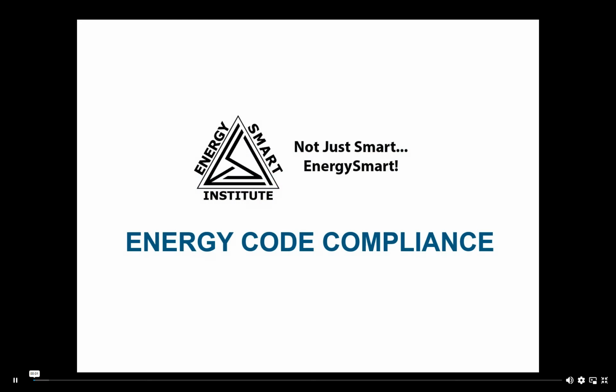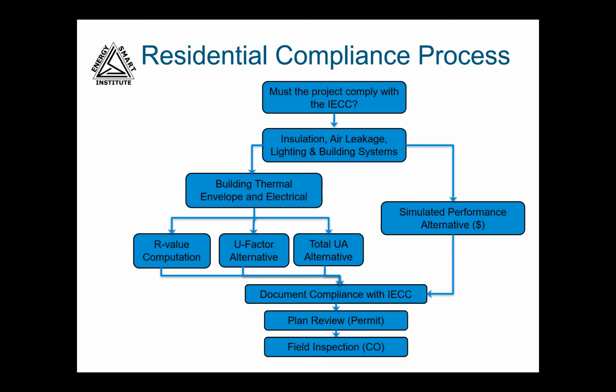HERS ratings are often used to prove compliance to energy codes. Energy code compliance reports are available through the same approved software used for generating HERS ratings. There are some important considerations to keep in mind, however. There are several alternatives a project may use to prove compliance with energy codes. But before we go there, the first question to be answered is, must the project comply with the International Energy